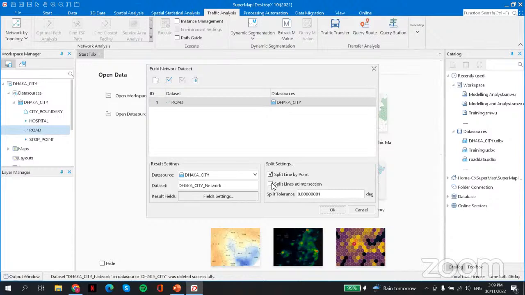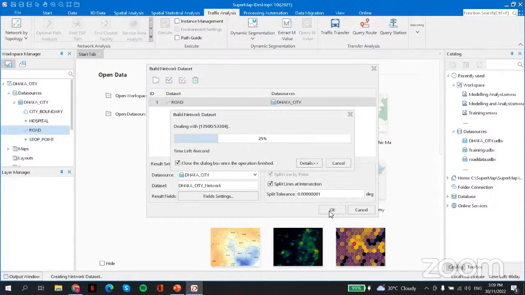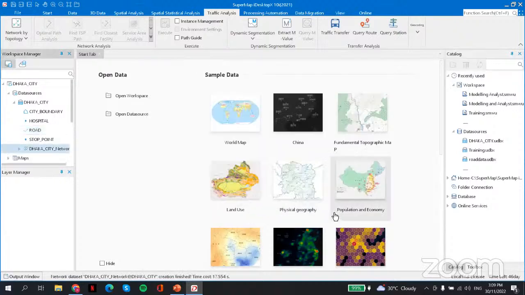So I'm going to select both of them and click OK.